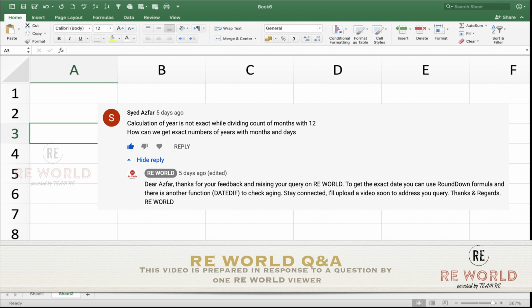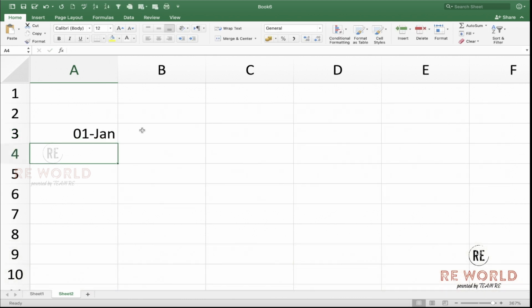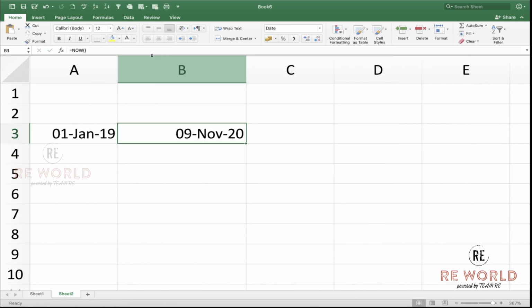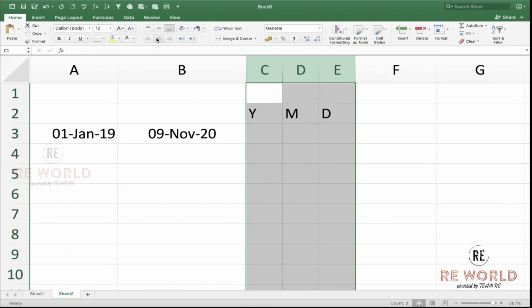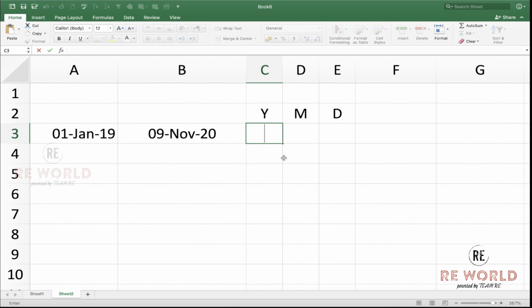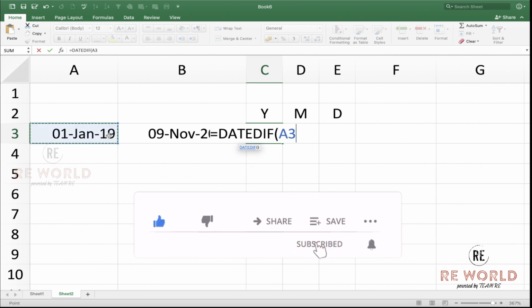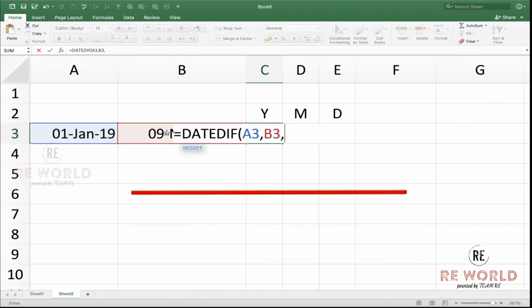Okay, so let's assume we are starting with 1st January 2020. Let me make it 1st January 2019 and today's date as of now. So there is a very useful function in Excel that is called DATEDIF. Equal to DATEDIF, select the first date, put a comma, select the second date, put a comma, and now